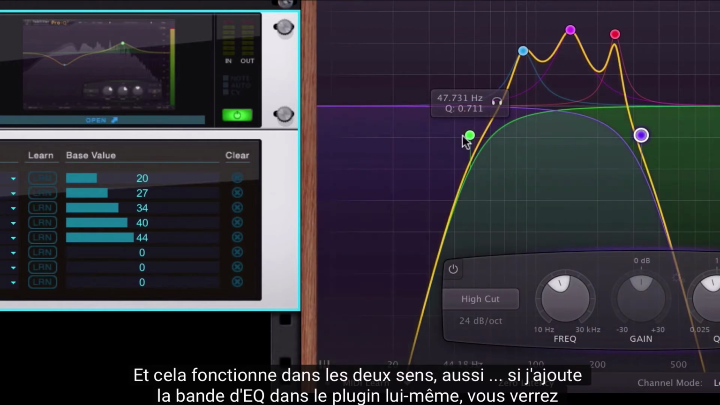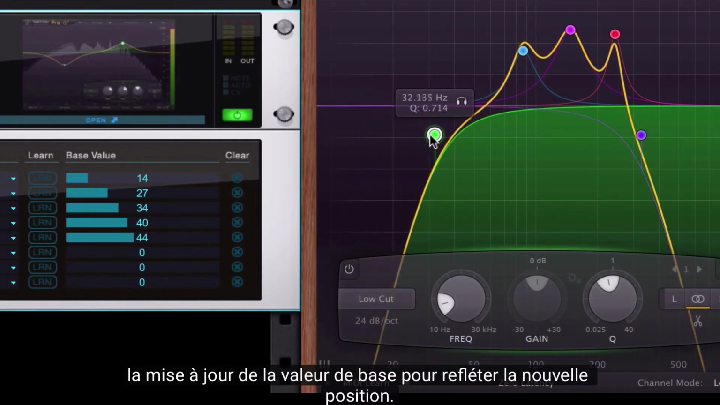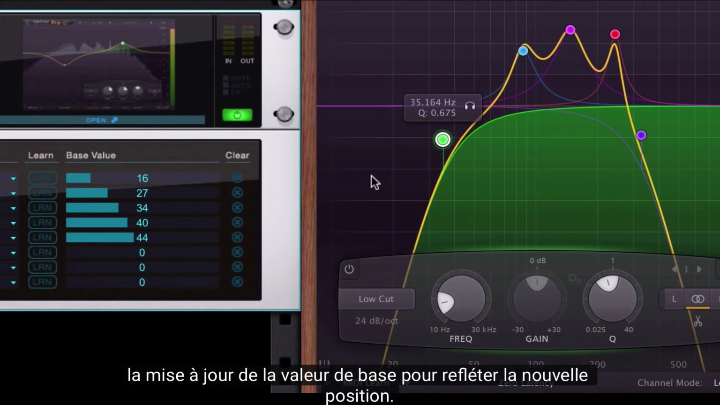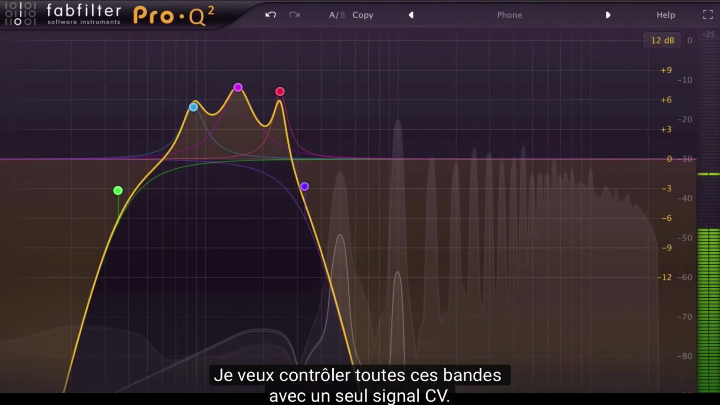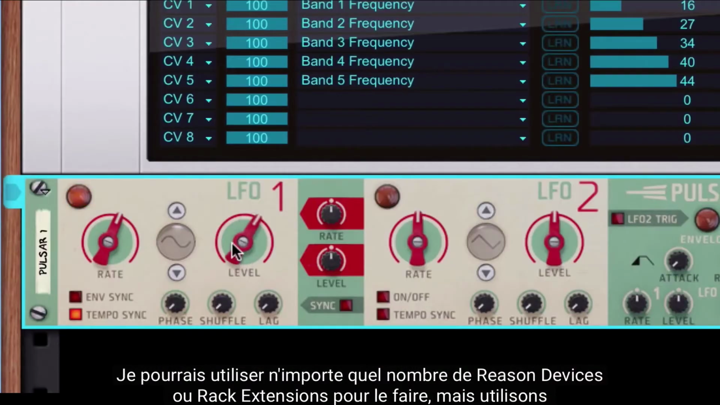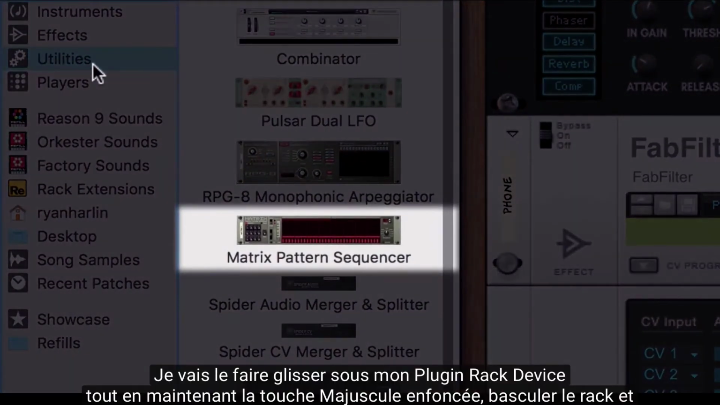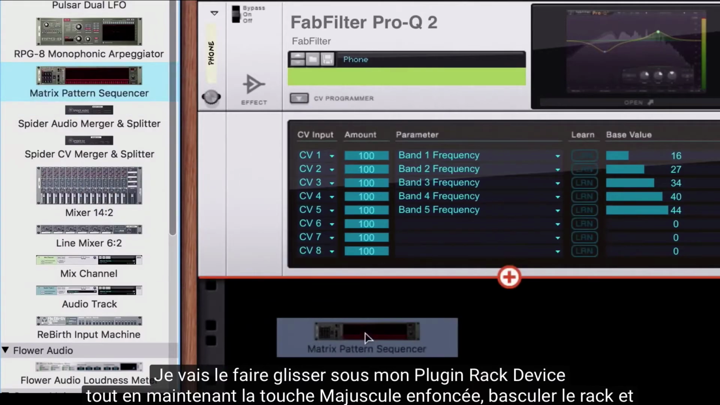When we press play now, the matrix pattern sequencer sends these values to our plugin rack device, where the CV programmer then routes them to our plugin's EQ bands. The result is that our matrix pattern sequencer is moving all 5 bands of our EQ simultaneously, and most importantly,